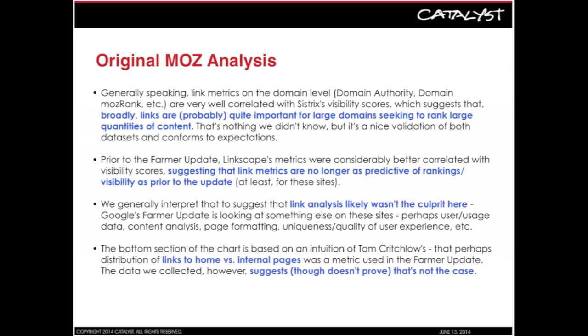The fourth assumption that they had made early on was that there was a correlation between the distribution of links to the home page versus the distribution of links to internal pages. And this makes sense with what we've been talking about, because the way Panda works is it's looking at the implied links, independent links, and reference queries to the domain as a whole, that group of resources, and was affecting every page underneath there.